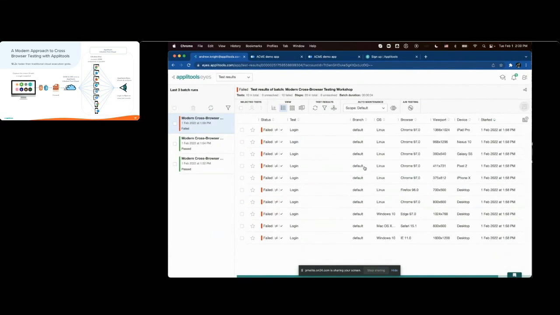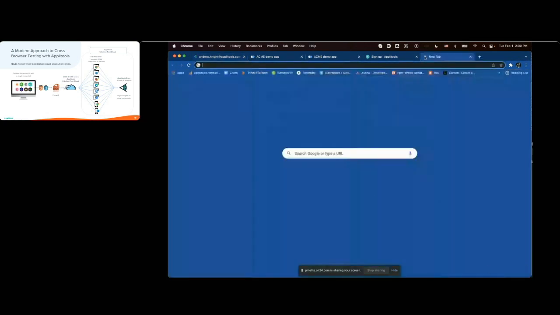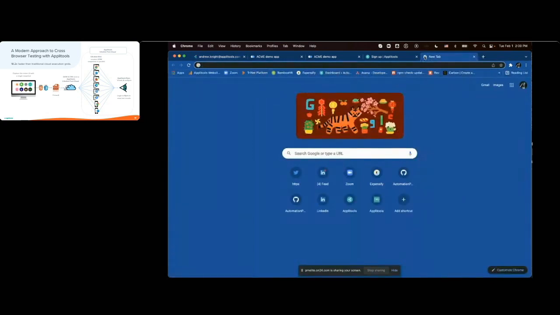Oh. Modern cross-browser testing in a nutshell with visual AI and Applitools Ultrafast Grid. That's how you can do it. Other cool thing I can say, right now I was showing how I was running them from my local machine. You can also run them from any CI system. In fact, if you go to the GitHub repository,